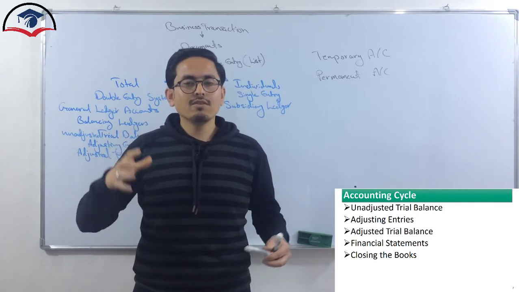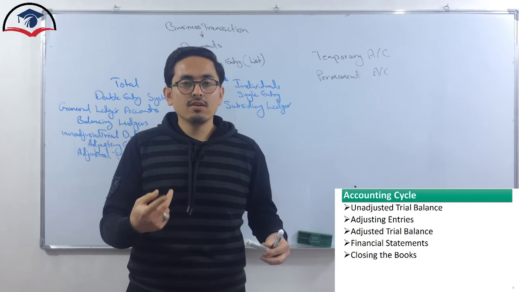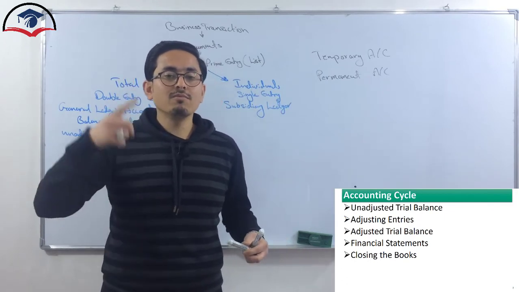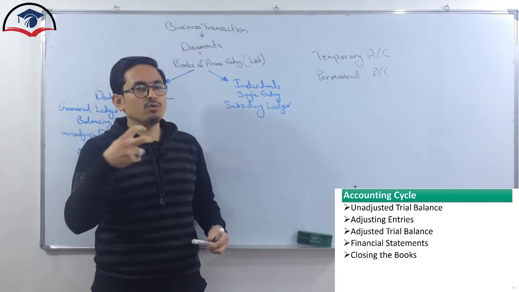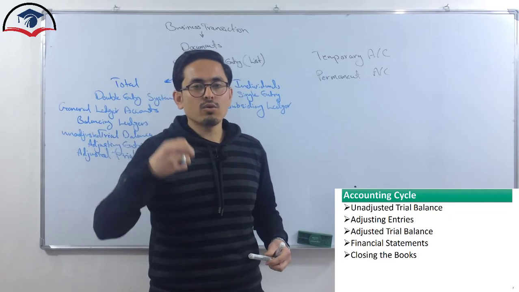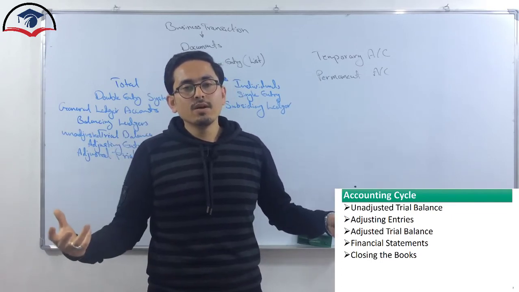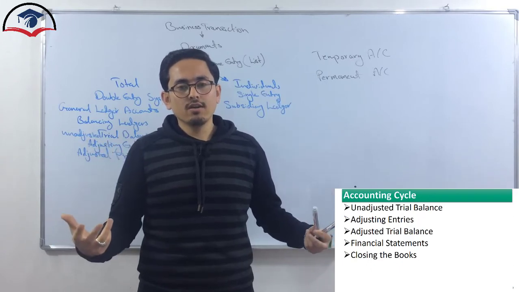That $100,000 is the peak of your expense at the end of the year. For the next year, you will start from zero again. That's why you need to close the expense account and the revenue account, and you will end up with either profit or loss. And it will end up in the statement of changes in equity, affecting the retained earnings or the capital